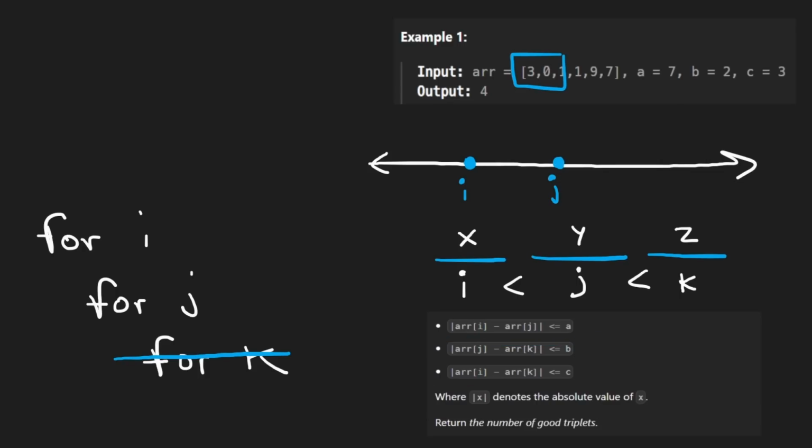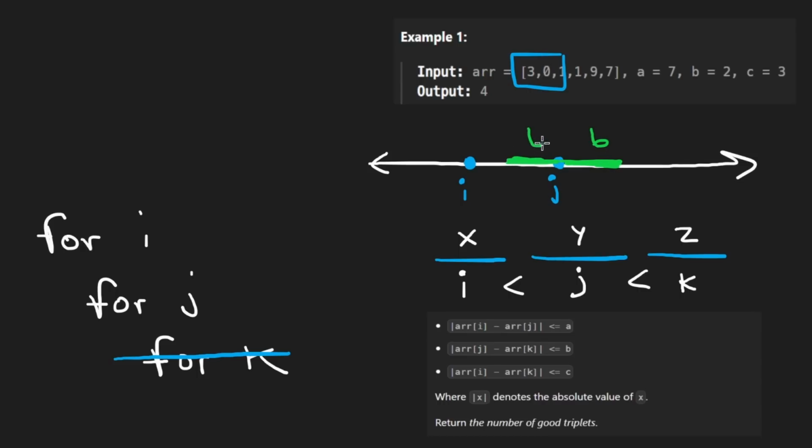Well, let me draw out the other 2 conditions on this number line for a second. For j over here, the difference between it and the number at index k has to be less than or equal to b. So let's say I just draw a little b segment over here. Let's say the distance of this is b. And the distance of this